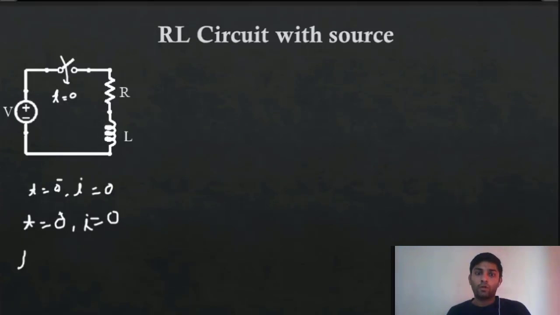Okay, so if we talk about t equal to infinity, or at steady state, the inductor behaves as a short circuit. Then the current across this inductor will be equal to V by R. So these are the initial and final conditions of the circuit, and we will use these while solving our problem. Okay, so now let's apply KVL over here